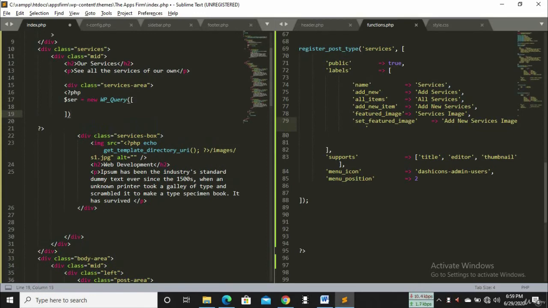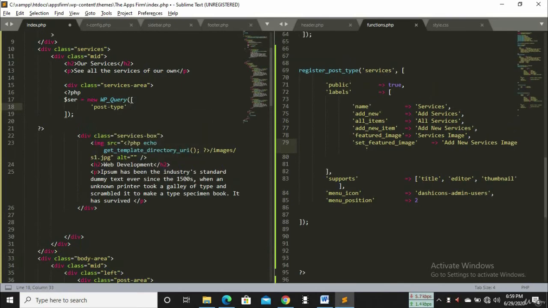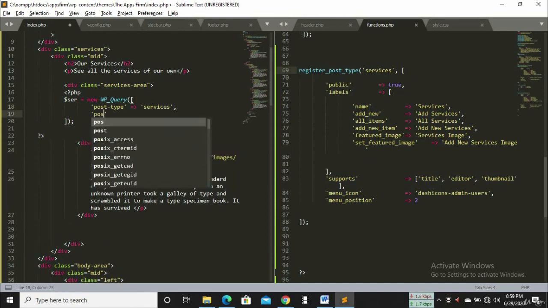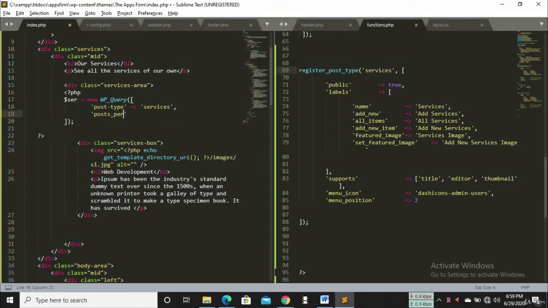Post type will be the ID. The ID is services. And posts per page: how many posts should show in a page? 3. And then I have to set